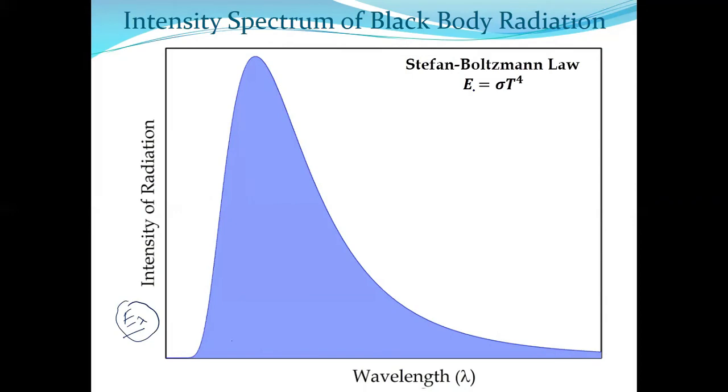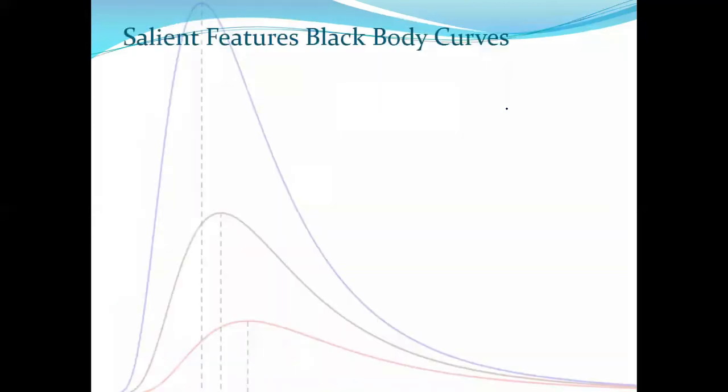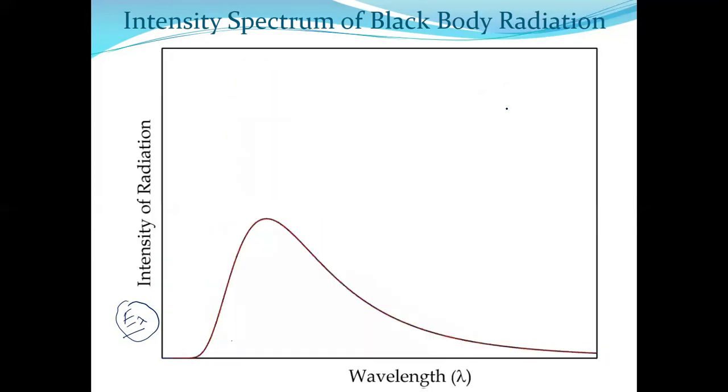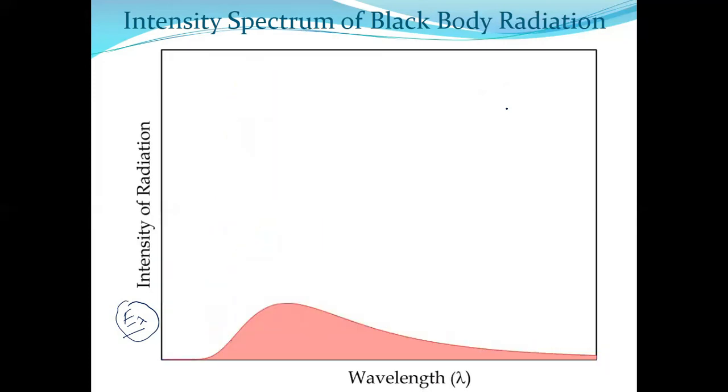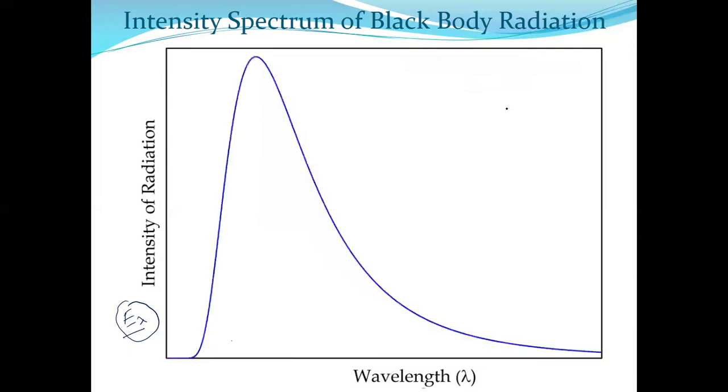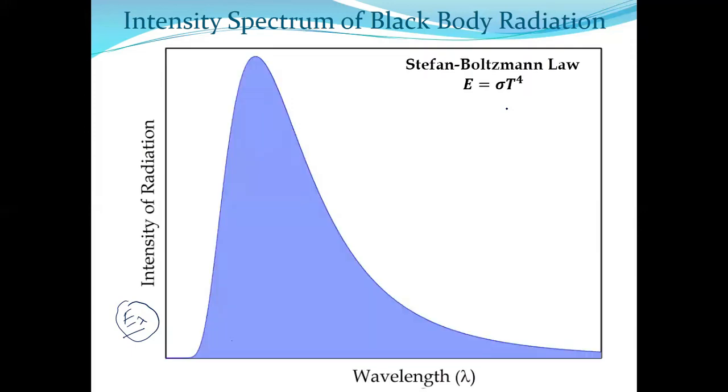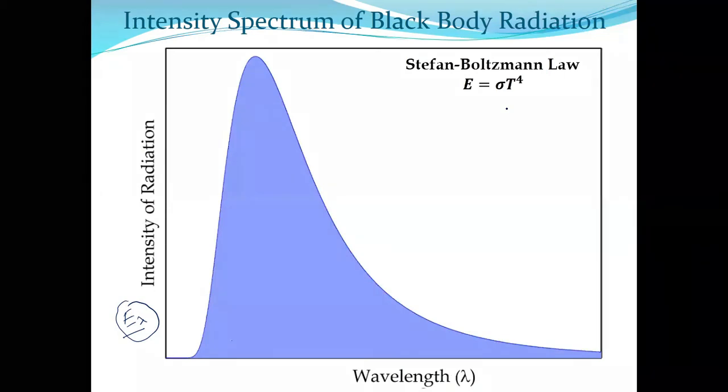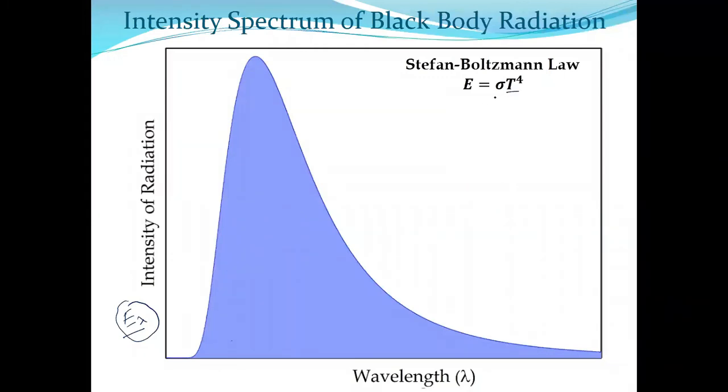So according to the Stefan-Boltzmann law, that capital E is proportional to T to the power 4. It is not only proportional to T, it is T to the power 4. That's why you observe that when temperature is increased, the total area increases so much. The total area, or capital E, the total intensity of radiation, is proportional to T to the power 4, the fourth power of temperature. And this sigma is the proportionality constant. It is called Stefan's constant.